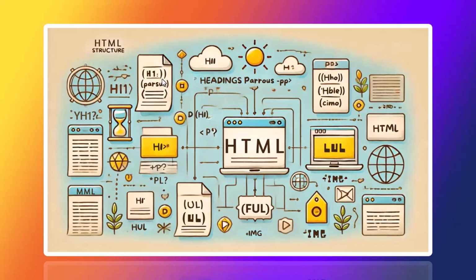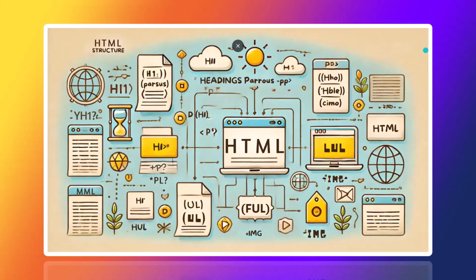First, let's start with HTML, which stands for Hypertext Markup Language. HTML is the backbone of any web page. It provides the basic structure and content of the page. Think of HTML as the skeleton of a web page. It defines elements such as headings, paragraphs, lists, links, images, and more. Each of these elements is represented by tags. For example, a paragraph of text would be enclosed within the P and /P tags.